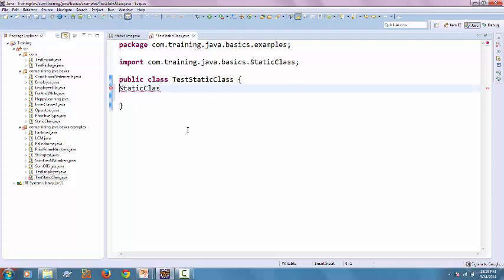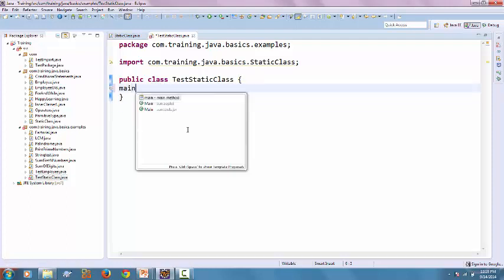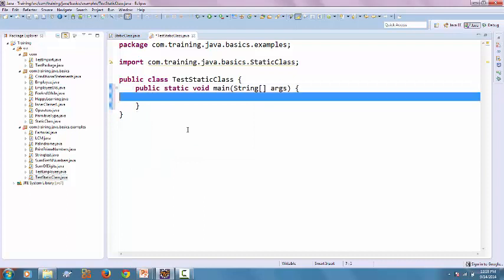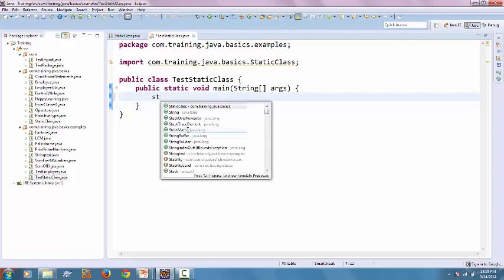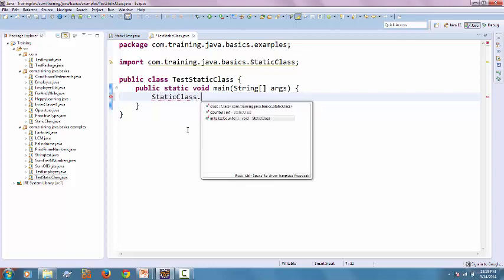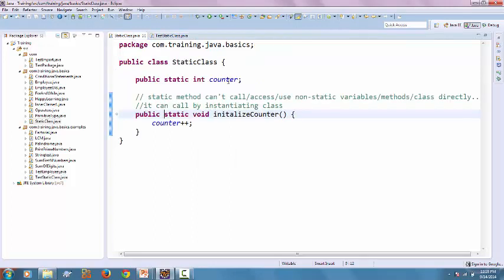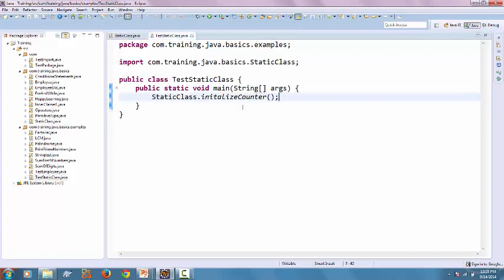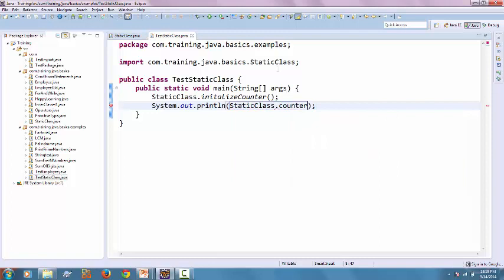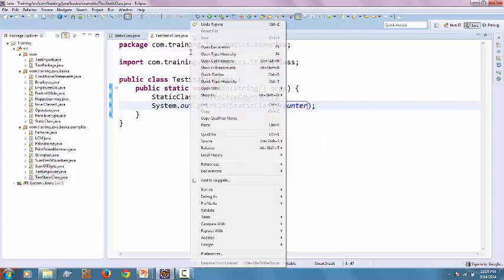Okay, so let's write one main method. In the main method I will use static class dot initialize. So it will initialize, and let's see the value. After initialization, what is the value? Counter. If I print this one,